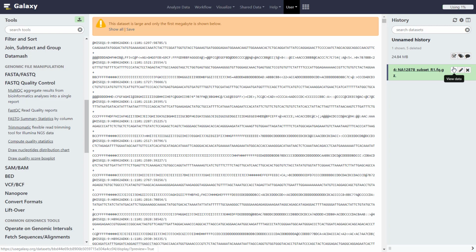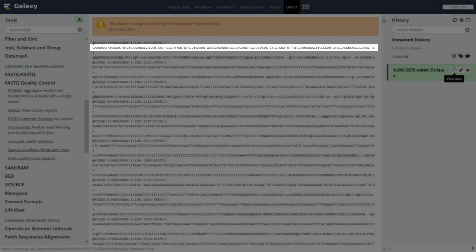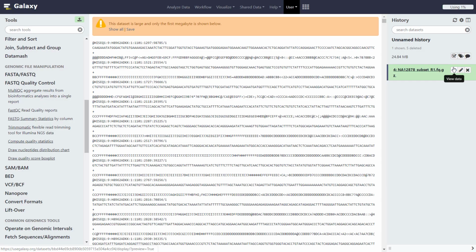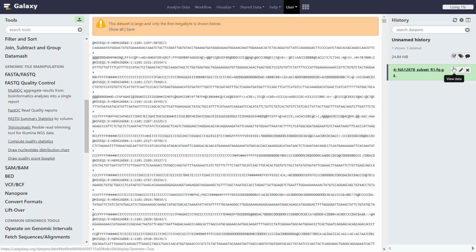A FASTQ file contains 4 lines per sequence entry. The first line begins with an @ character and is followed by a sequence identifier and an optional description. Line 2 is the raw sequence data. Line 3 begins with a plus character and is optionally followed by the same sequence identifier found in line 1, although not always, as in the case here.